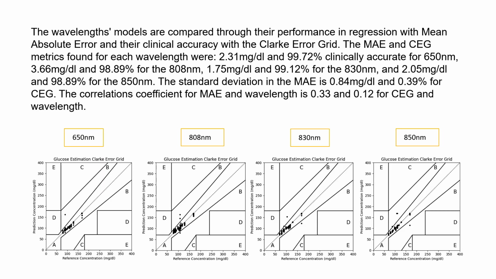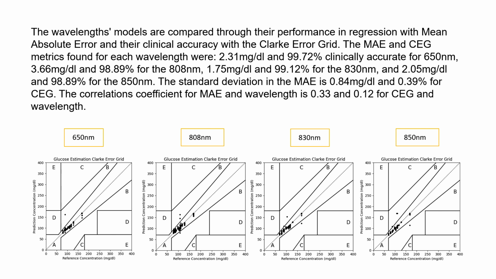Overall, after the models were trained and tested, we compared their performance through 2 key metrics: mean absolute error, which represents the statistical accuracy of the models, and Clarke error grid, which represents the clinical accuracy of the models. Just a note, Clarke error grid, or CEG for short, is a clinical accuracy metric made specifically for blood glucose